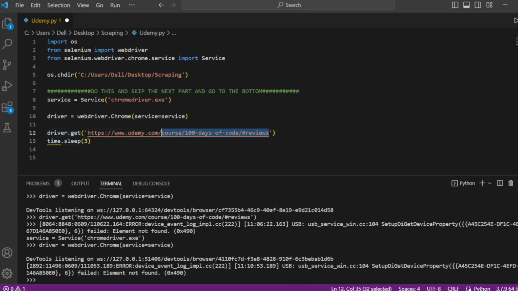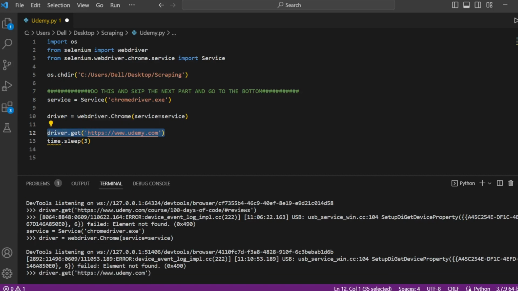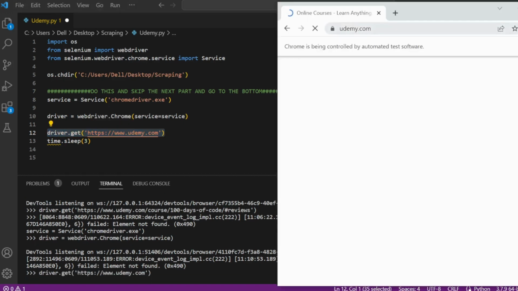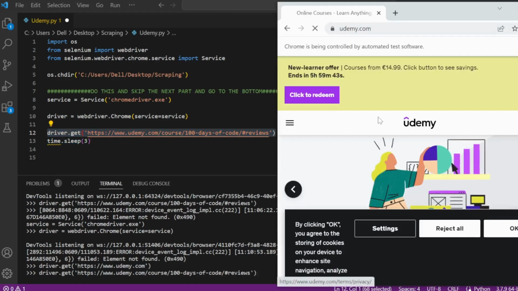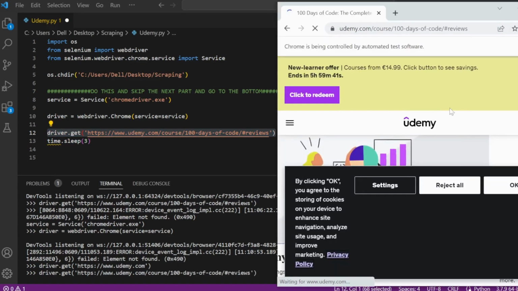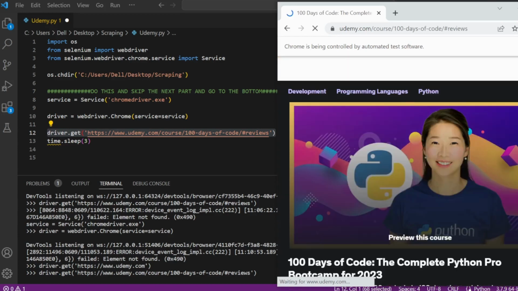And then the last step, you're gonna indicate the website. For instance, let's say that we're gonna navigate on Udemy. So I'm just saying that I'm gonna go to Udemy, and it's gonna go automatically to Udemy. For instance, if you don't want to use Udemy, and you're gonna go to a specific page, for instance this one, you're gonna run this line of code, and it's gonna change and go to that page. Then make sure that you're using the time,